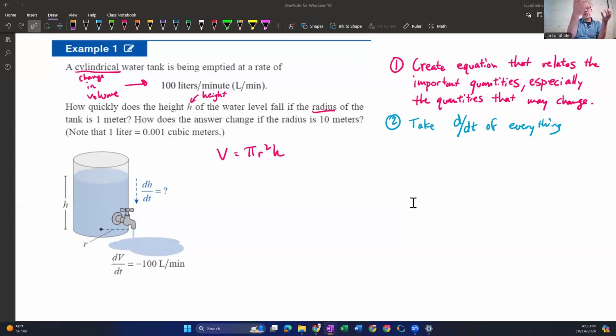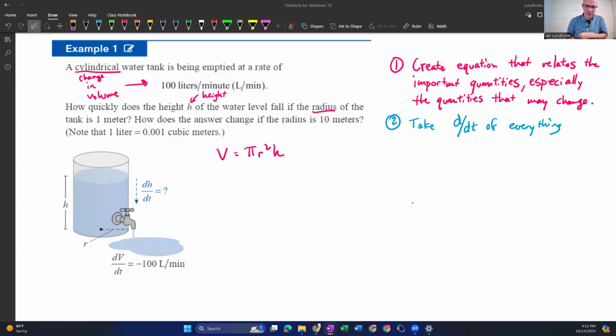And h is definitely going to change. The height of the water is definitely going to change. So we definitely want to leave that one. r is a little bit of a gray area. I think I'm going to elect to just leave r in there for now, especially because if we do, we're going to be able to do a product rule, which is fun. And if I made r a constant, then we wouldn't have to do a product rule. And what fun is that? Anyways,